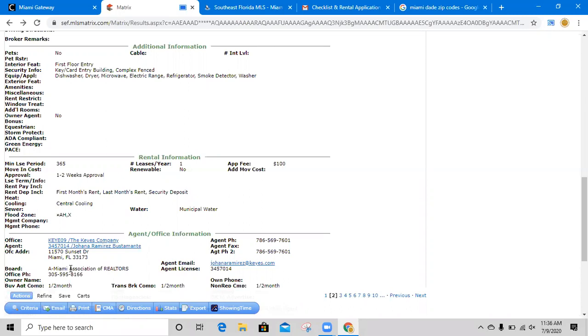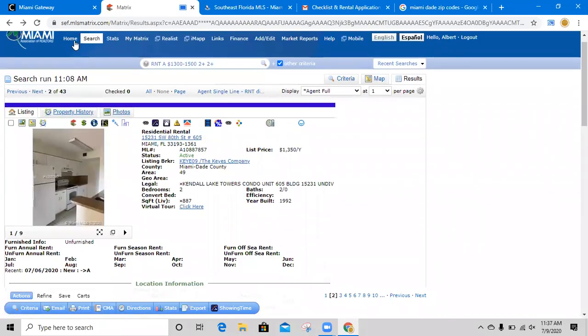They just don't care enough to be able to get back to you, right? But I was curious to find out, okay, you know what? I'm going to call. I called, no answer, left them a voicemail, sent them a text message, called the office, and then I went to this Keys company office code, KE09. I searched it up here, and it gave me the name of the broker, the owner of that company. And now I texted the broker and I emailed the broker that, hey, I'm trying to show this